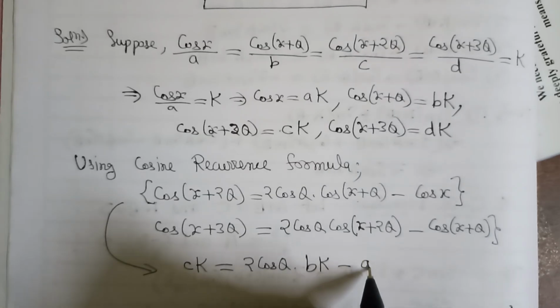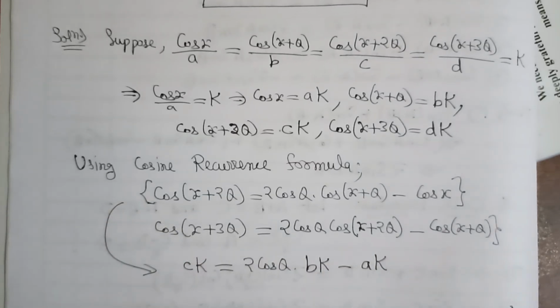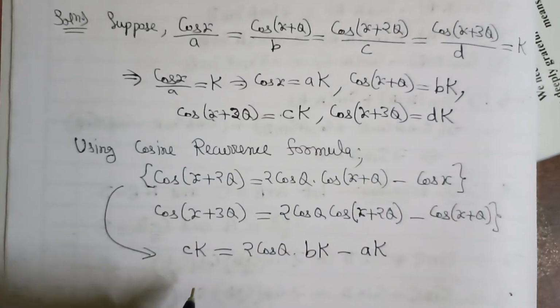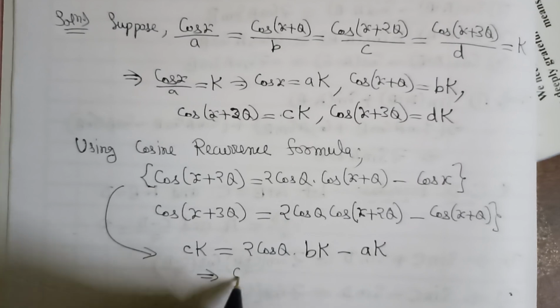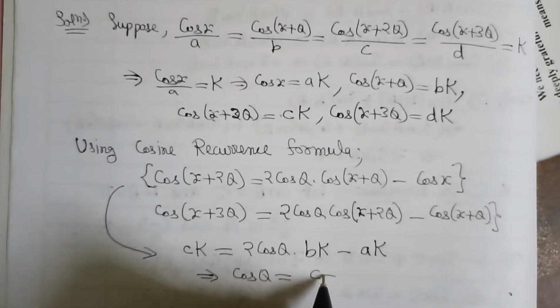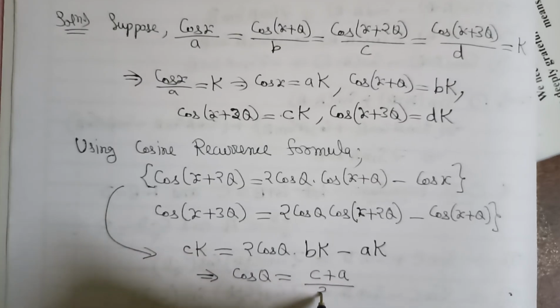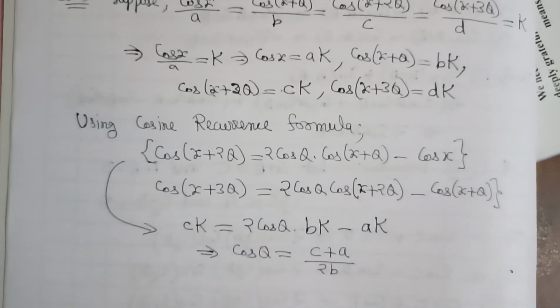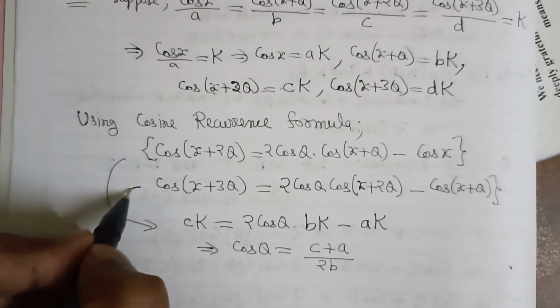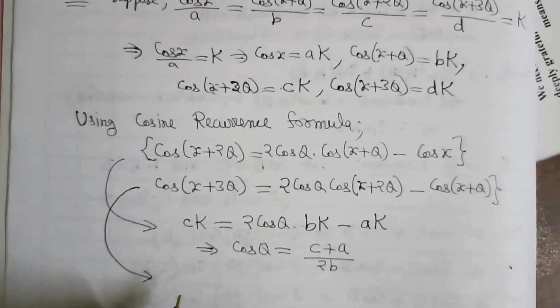Cos x is ak. Okay, so when you simplify this, you will get cos theta equals to (c plus a) divided by 2b,